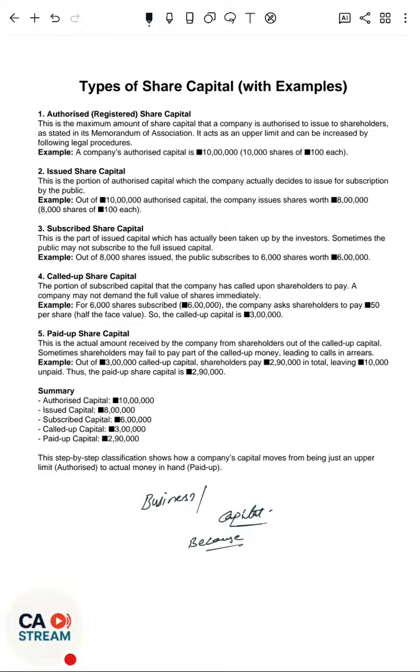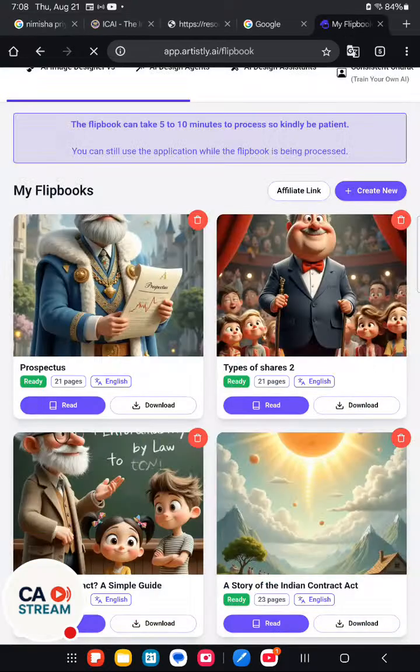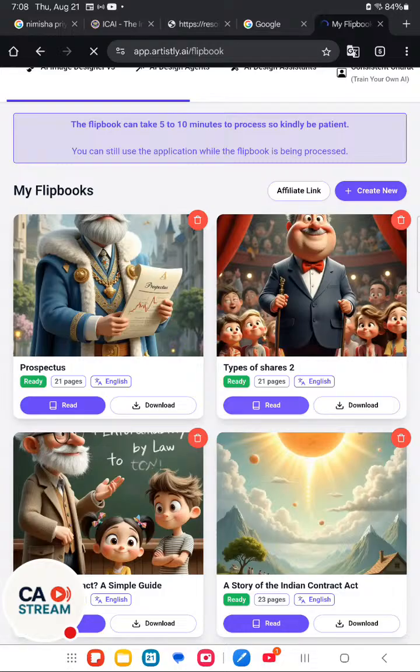Hence, we must discuss what we mean by share capital, how many types of the share capital. See, the correct word to use is not the types of the share capital, but maybe the stages of the share capital, it is the right one. The stages of the share capital. First of all, I'll read the text and explain the content after seeing a pictorial representation of the types of the share capitals.